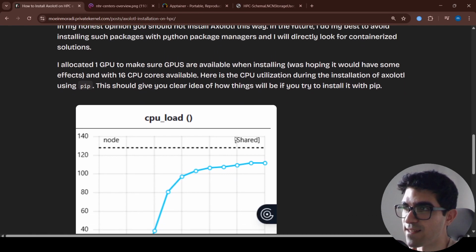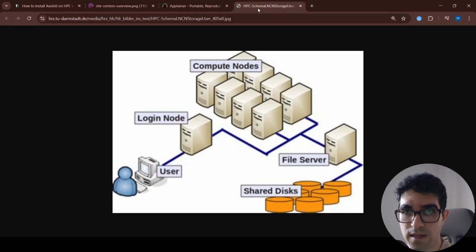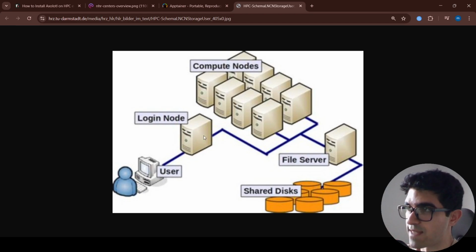Also, a quick hint: if you ever try to install something really heavy, like a library that requires a lot of CPU power for installation, make sure to allocate your own node. On a typical HPC environment, you have login nodes that you log into, and then you request the compute node. If you try to install your packages on the login node, and it's CPU intensive or resource intensive, there's a chance that